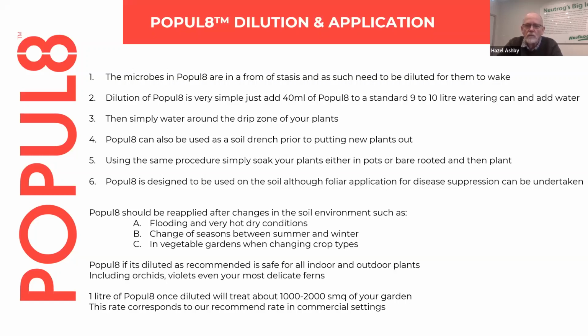The same goes for actually putting Populate out on your garden. Put it out in the evening, put it out on a cloudy day, or the perfect time to put it out is maybe when you're expecting some rain, or if you're going to water it afterwards. Because what you want to do is get those microbes away from the soil surface, away from where they potentially get dried out, or where they're exposed to high levels of UV.